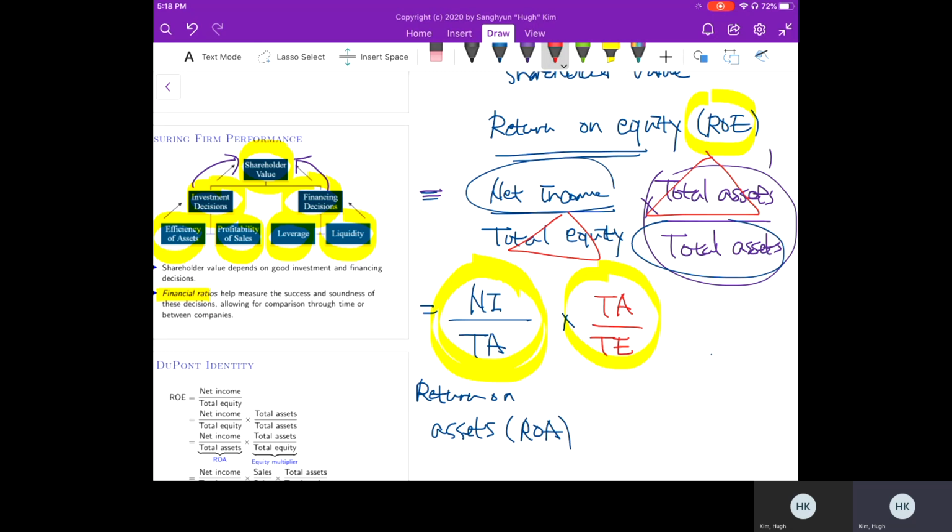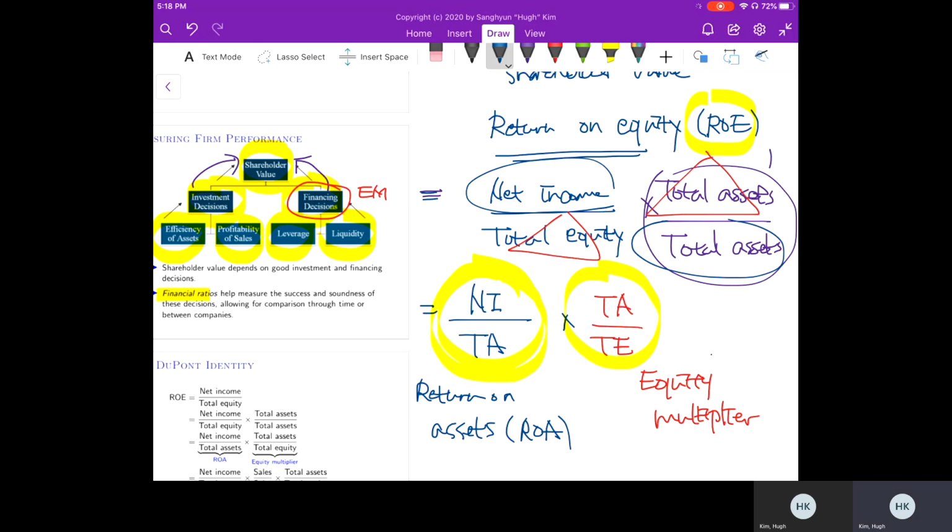The second ratio is called equity multiplier. So equity multiplier measures the effects of accumulated financing decisions,